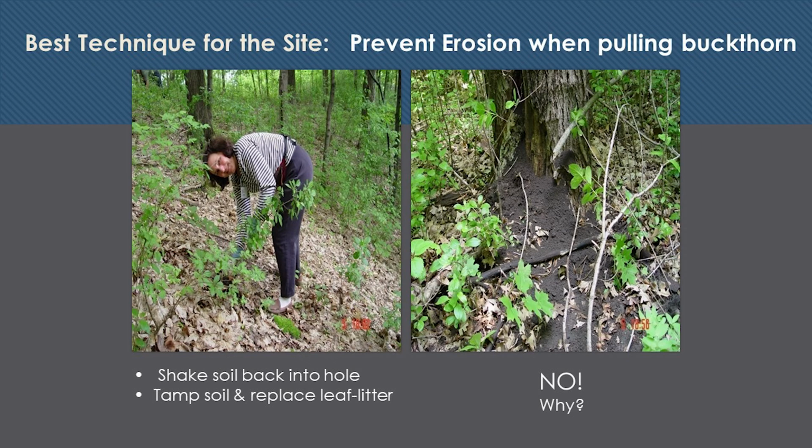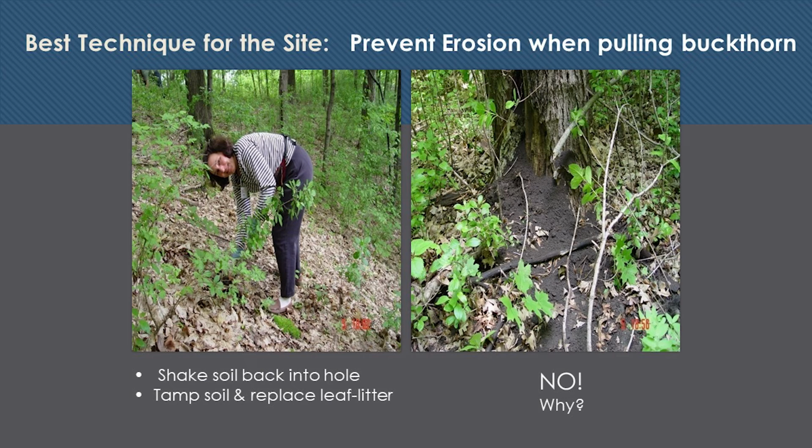Okay. So when you're hand pulling, when the soil is moist and you've got the little guys, hand pulling really works. Same thing: if you're on a slope, you've got to shake off all that soil right back in and tamp it all back in place. This happens with kids all the time. They get that blob of soil on a tree and they just whack the soil off the tree and dump all of it on the ground. Beautiful earth, beautiful organic soil, but why would you not want to do that?